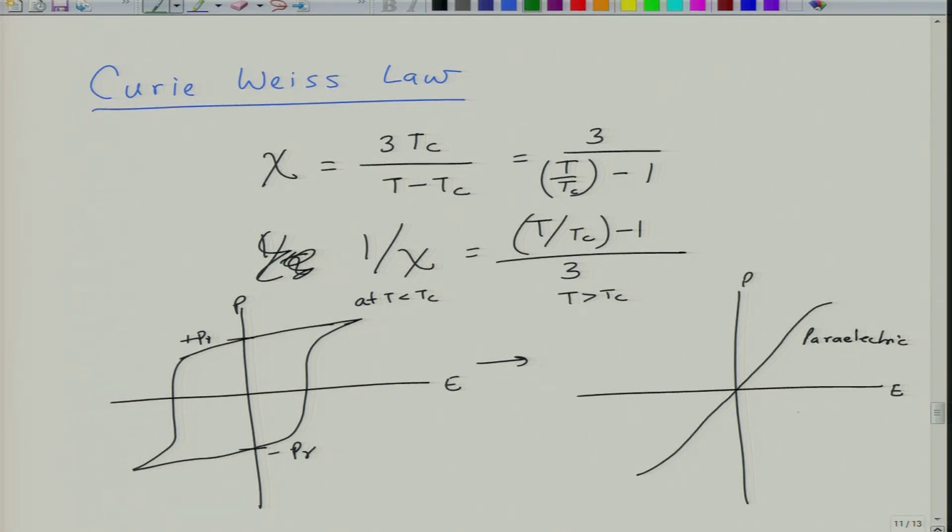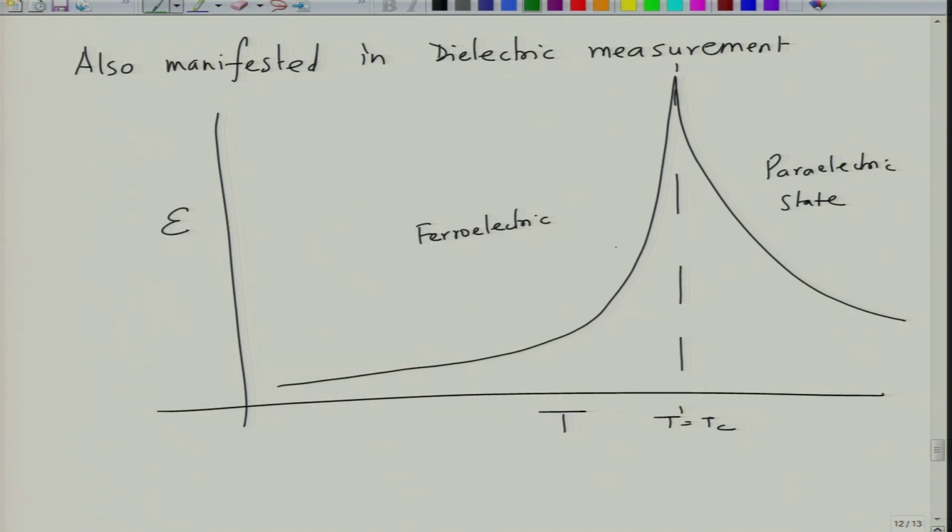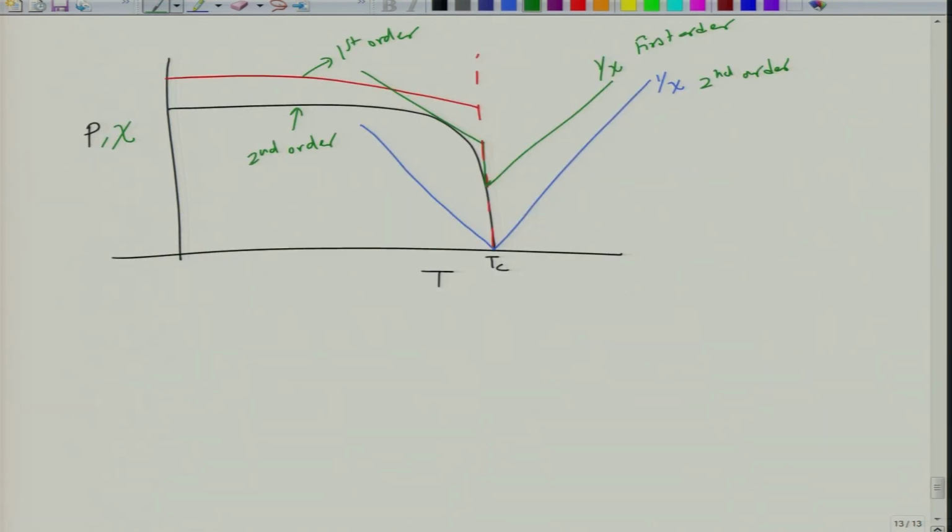Above Tc the ferroelectric nature disappears, the material becomes paraelectric, and the susceptibility dependence is given as T over Tc minus 1 divided by 3. This equation is valid only in the paraelectric state, it is not valid in the ferroelectric state, and it undergoes a Curie transition where the value of the dielectric constant epsilon reaches a maxima before it starts decreasing further, and then the polarization and susceptibility also show a transition. So, let us first look at the derivation, the proof of the Curie-Weiss law, the equation that we have written, before we get into the thermodynamics of phase transition of ferroelectrics.